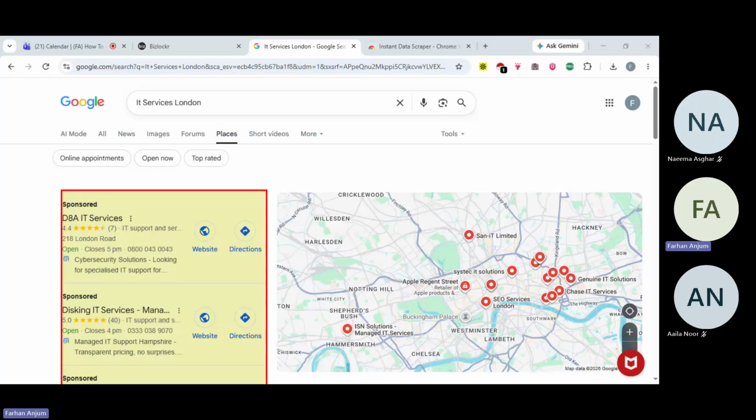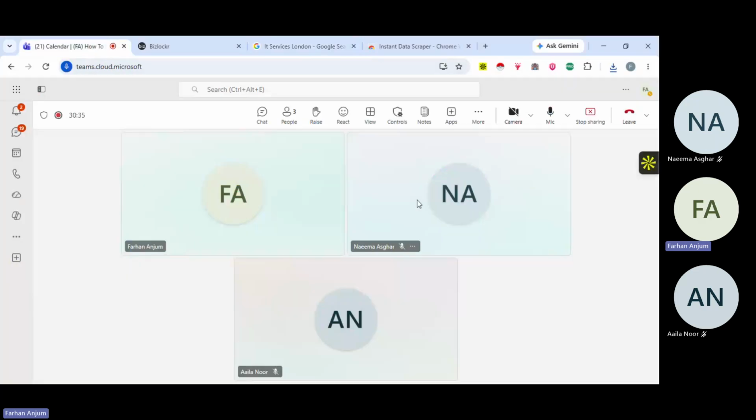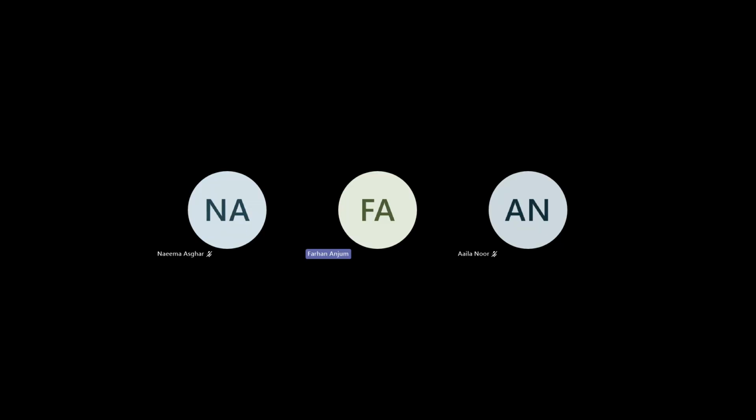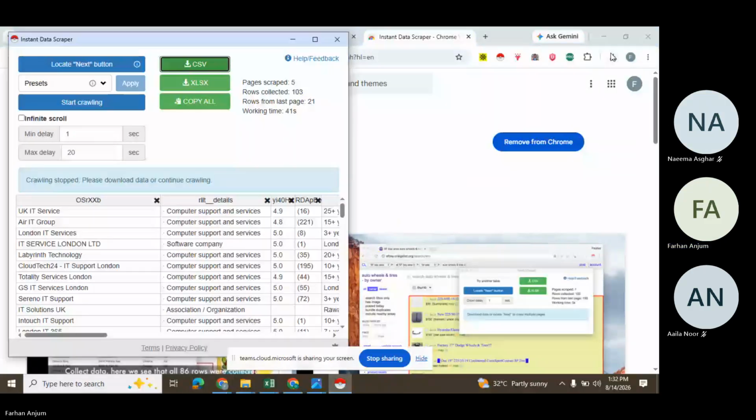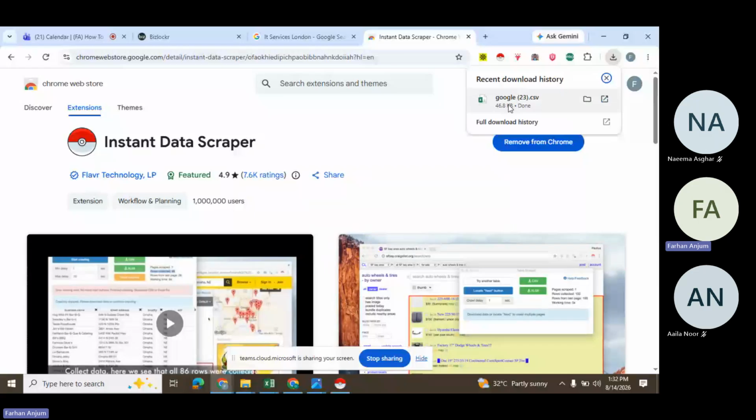By the way, XLSX is also the format for Excel. I guess I haven't shared my complete screen. So I would love to share my complete screen so that you can see eventually what is the data that we have gathered from the profiling and all. Just give me 1 second. I guess, yep. So see, Google CSV format, it was downloaded a couple of seconds ago.